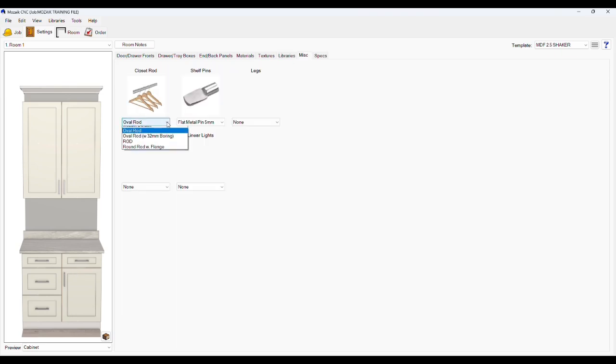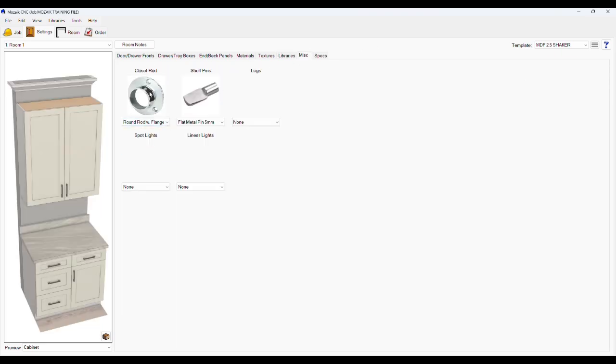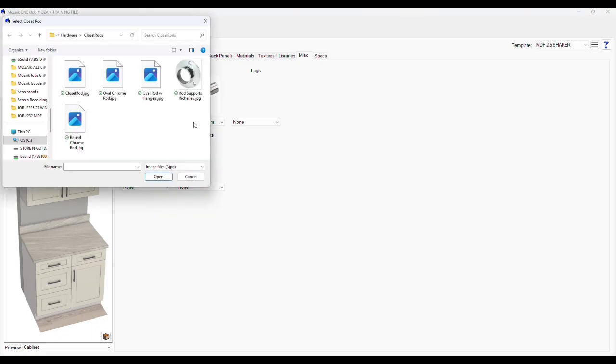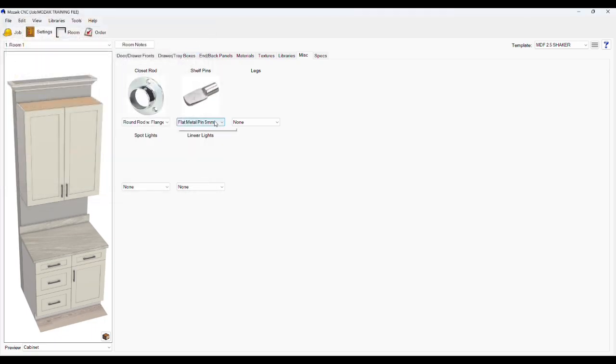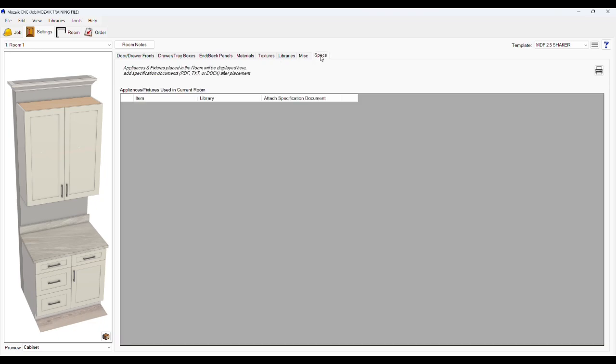So, to summarize, the basic steps are simple: create the job, enter the job information, set up the room, choose the cabinet template, select the doors and drawers, assign the materials, review the library settings, understand the job structure and functions, and then check the final preview. That is how you start a job drawing in the right way. When you follow these steps, your work stays clean,